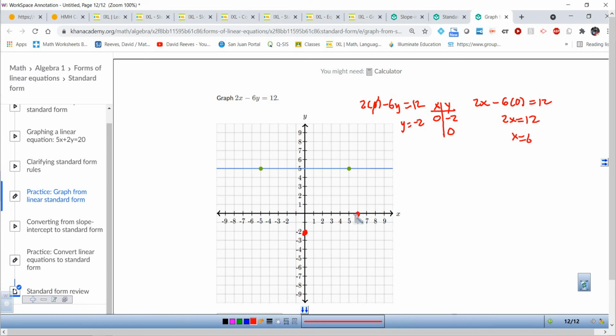So that's going to be my x-intercept, okay? And once I have,